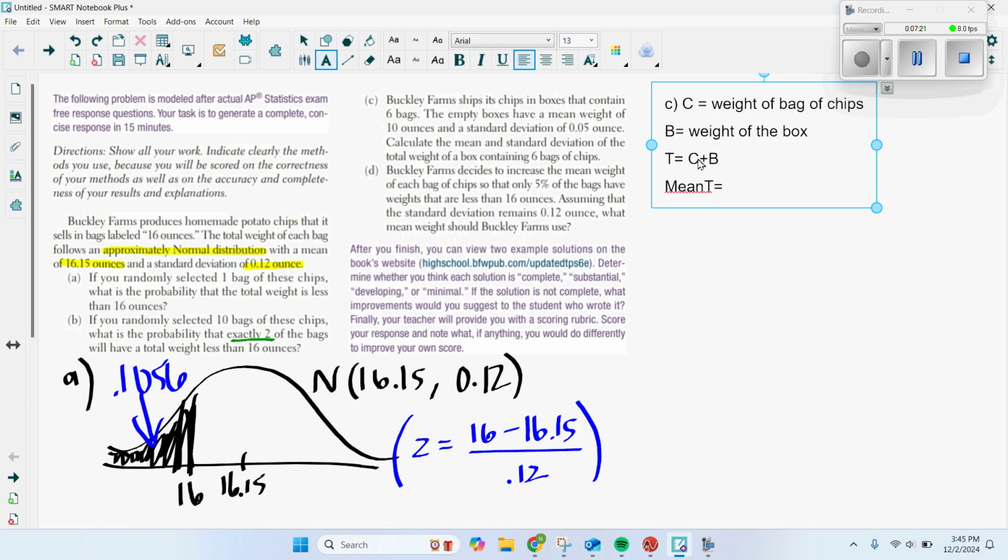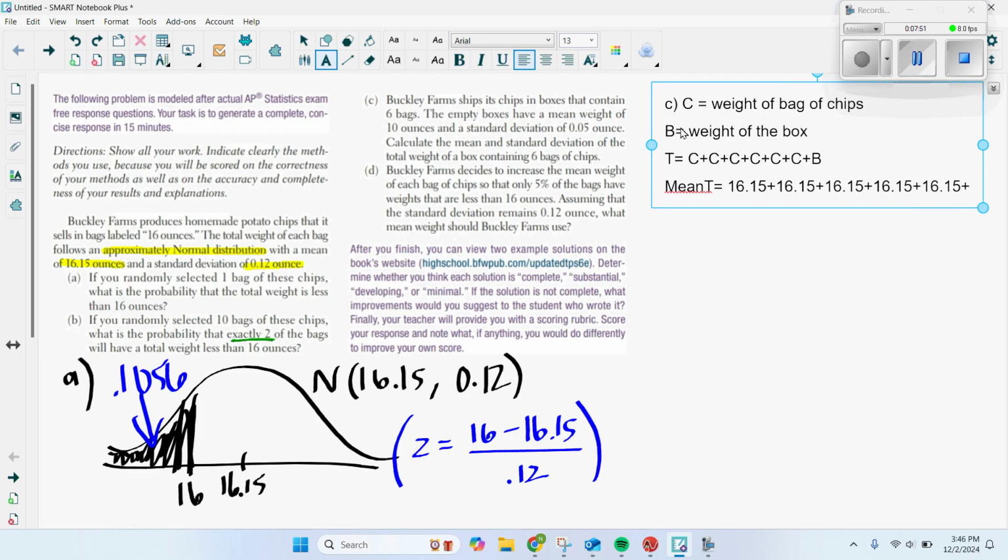The way it looks right now, it's like I have 1 bag of chips plus the weight of the box. There are actually 6 bags of chips and then the box. So when we do this, we're going to be adding the mean 6 times, which you can literally just write it 6 times like this if you want to,